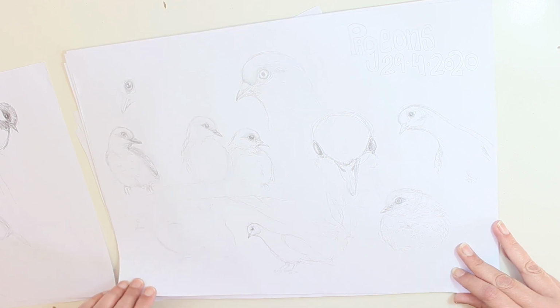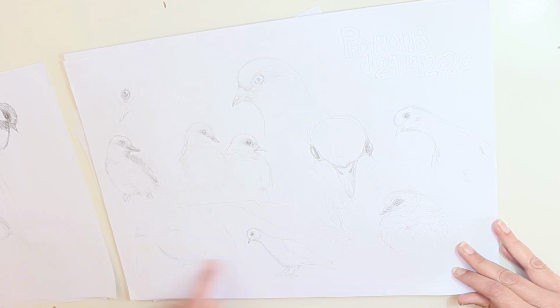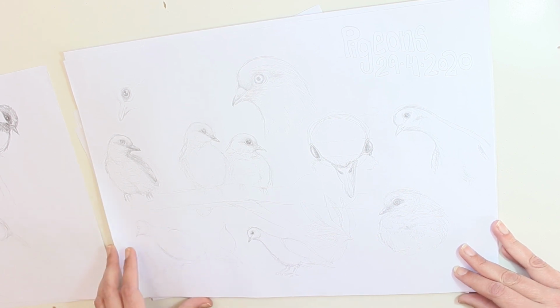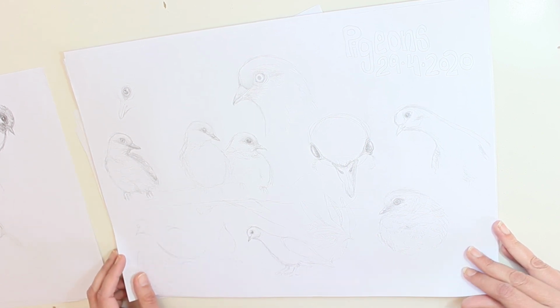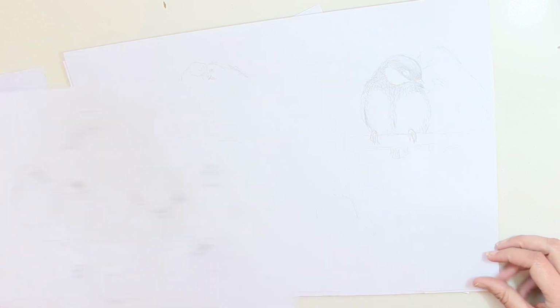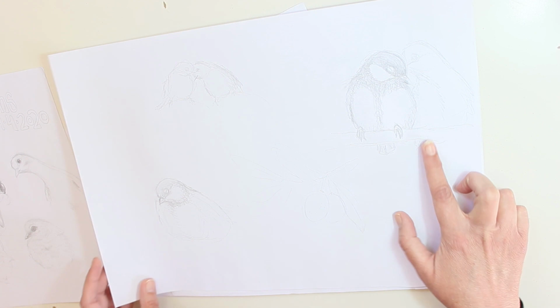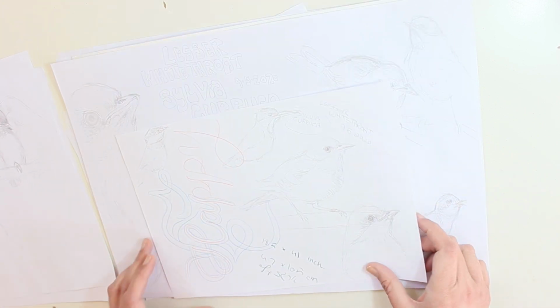These are some pigeons, again looking for the curious poses. Hope you can see the pencil with a little light. Okay, so grooming. And then